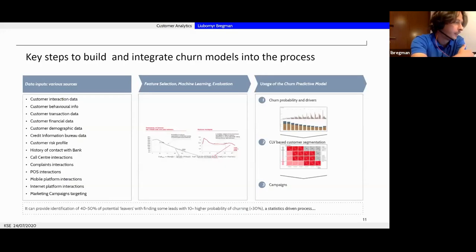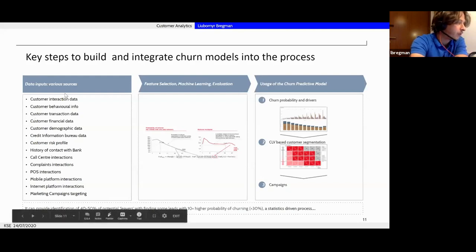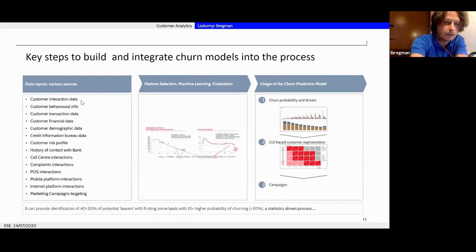So, data sources. Typical steps would look the following way. First of all, we should shortlist the data sources. First of all, it's customer interaction data, which means all communication with the customer. If you have a chatbot, then the whole history of communication. If you have a call center, then the history of call center communication. If you have email communication, then the history of emails sent, offers, and so on. So everything that was ever communicated to the client.